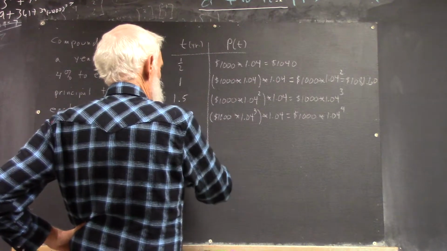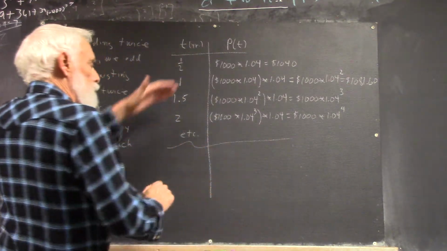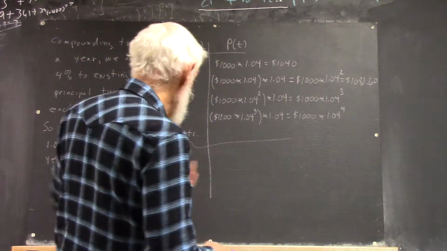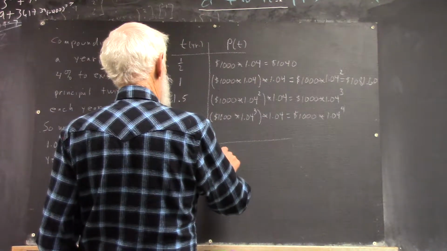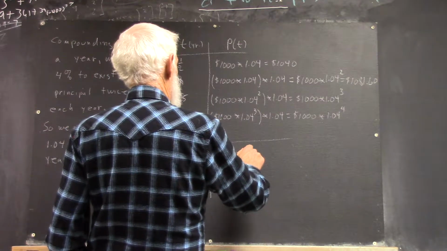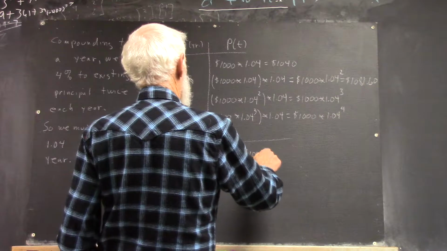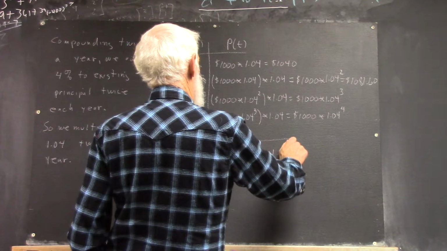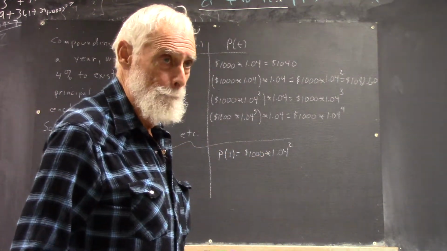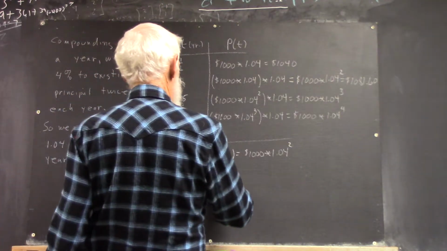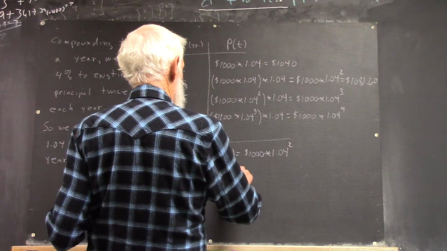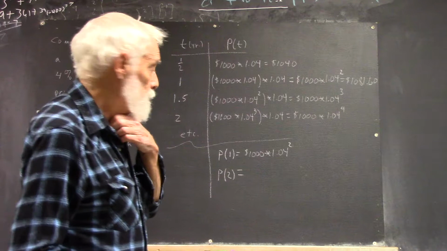So we can kind of put an end to that process because we keep writing that forever and not learn a whole lot more than we already know. But what we can do now is we can say that P of 1 is $1,000 times 1.04 squared. Now I could write P of 1/2 and P of 1.5. I've already done that. I mean, I haven't written it out with the P notation. Okay? P of 2